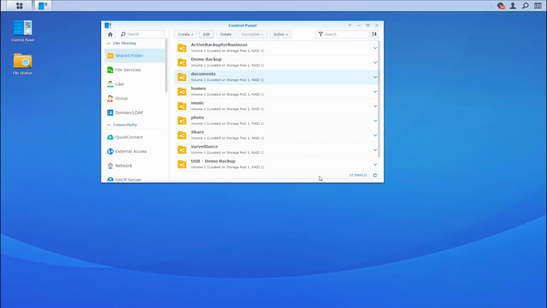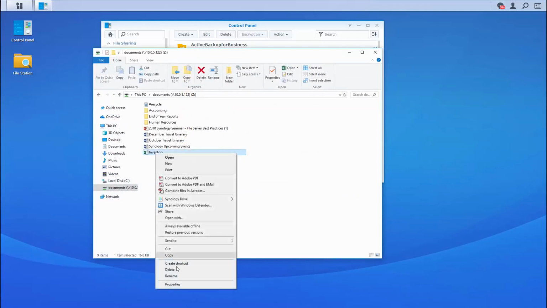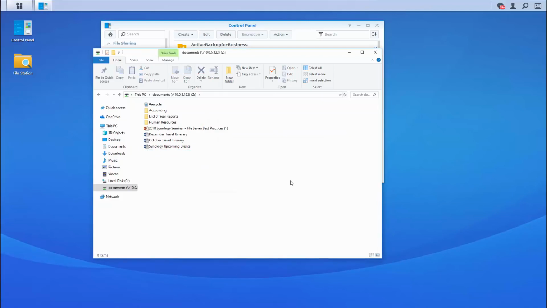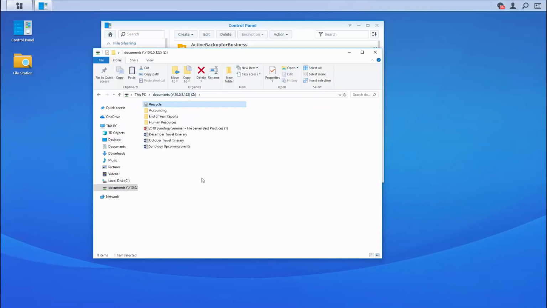Now let's open up our Map Network drive through the Windows Explorer and take a look at this in action. Let's say that somebody accidentally deleted our inventory sheet. Well, no worries. Now I can just quickly access the recycle bin and see that it's right here. Now all I have to do is cut and paste it right back into the directory that it belongs in. No problem. Let's say, however, that somebody went inside the inventory sheet and deleted everything, then overwrote the file, leaving us with nothing. How can we recover from this?